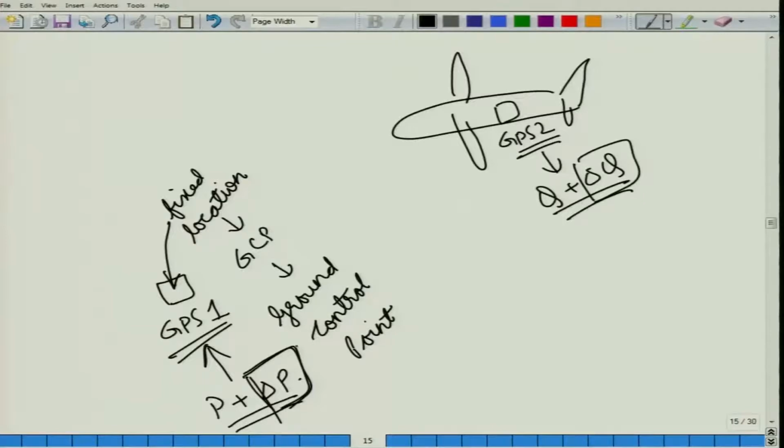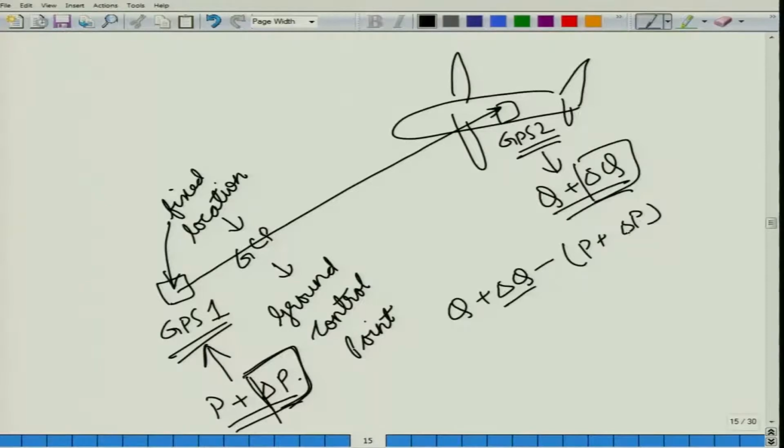So, if we calculated the position of GPS 2 with respect to GPS 1, we would get Q plus delta Q minus P plus delta P. Now, because delta Q and delta P are the same, they would get cancelled out and we would be exactly getting Q minus P. Now, this use of these 2 instruments for calculating this difference is known as DGPS, which stands for